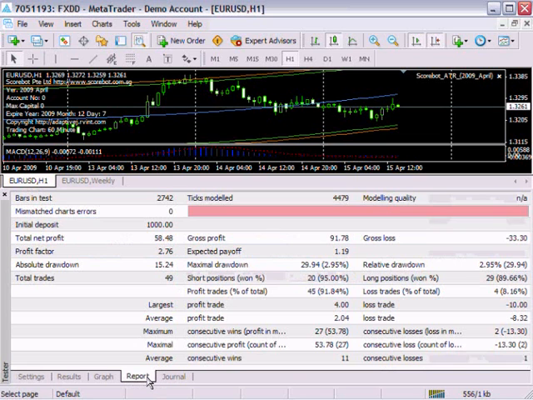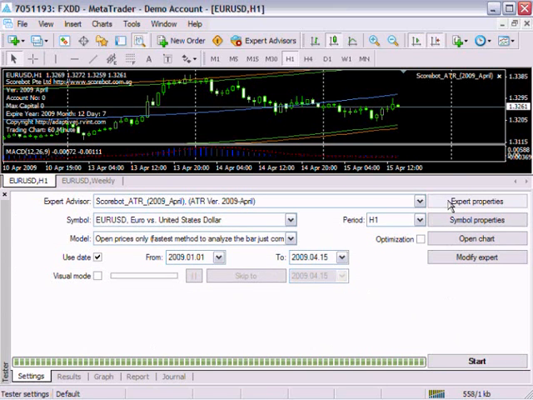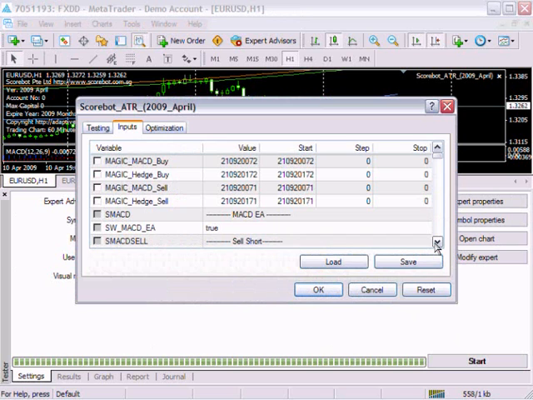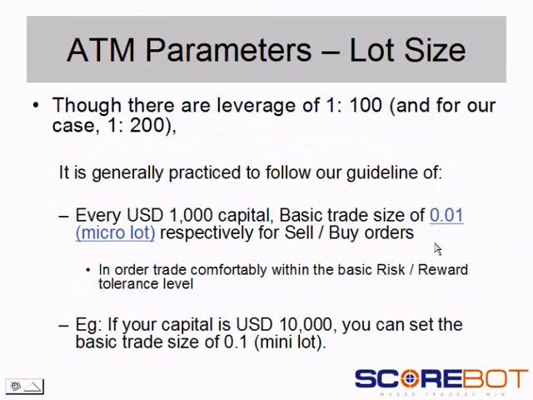The earlier example shows that within that 4.5 months of data, we have close to $50 of profit. Now let's come back to the setting and change something very basic. If you remember, in our earlier video we talked about lot size. Now lot size is about how comfortable you are in terms of your risk and reward tolerance